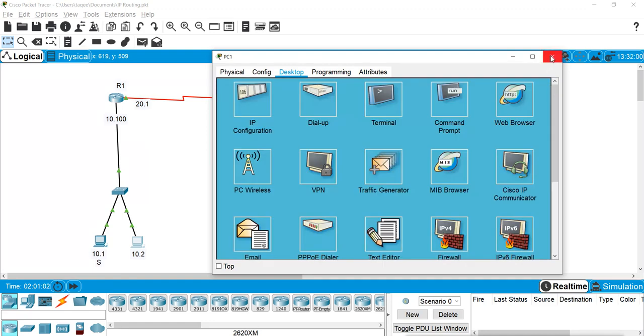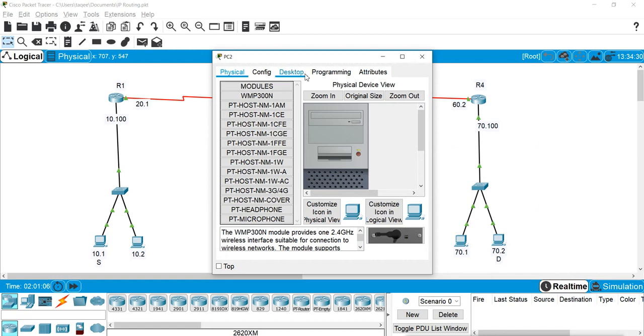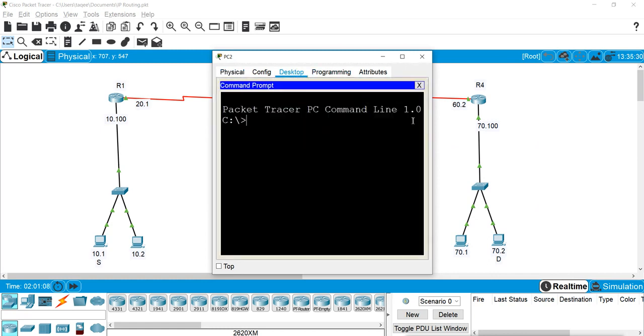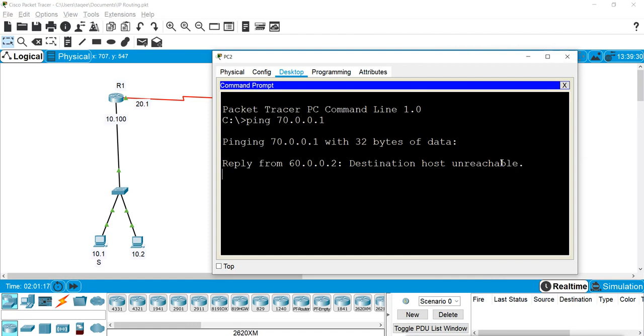And same here, network 30: this 30.1 is denied, but the rest of network 30 is allowed. If I try to ping from 30.1, it says destination host unreachable.